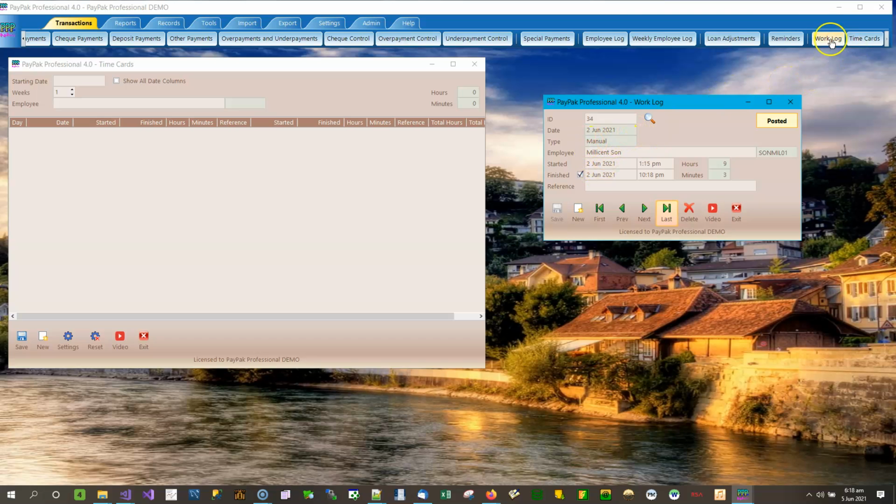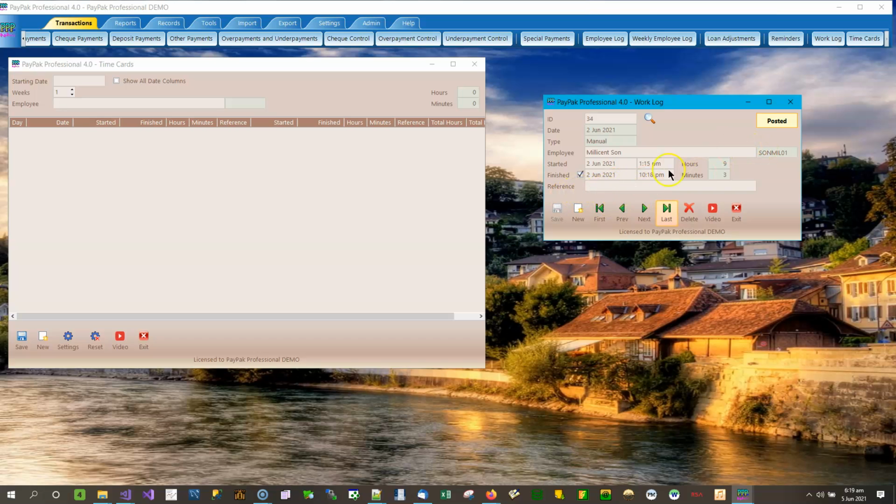But for things in PayPak, whether it's entered through the work log or the time cards, type will say manual. That's the employee name and ID, the date and time started, date and time finished, the hours and minutes,